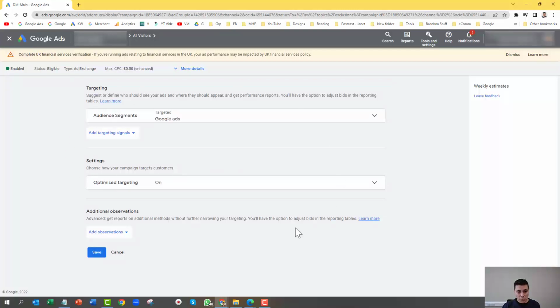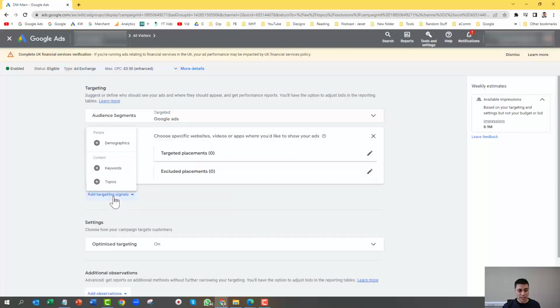Right, you eventually come onto this screen here, click on add targeting signals, and then click on placements. As you can see, a lot of clicks, and then simply click on excluded placements. At the moment it's saying 0, so you click on the pencil symbol here,